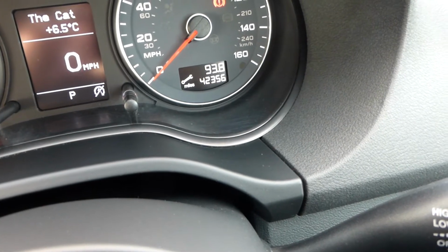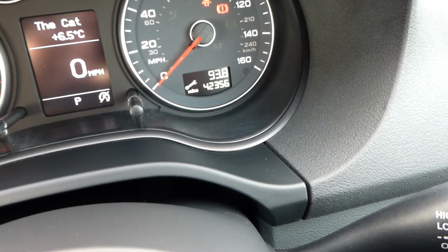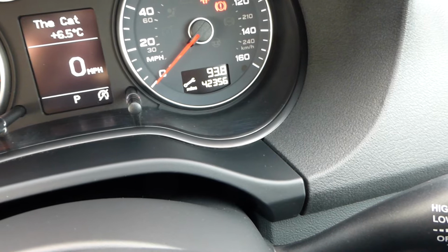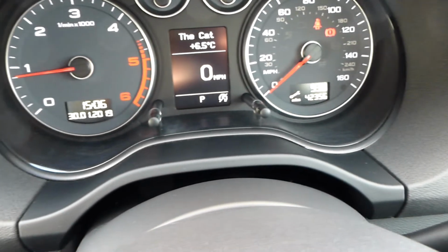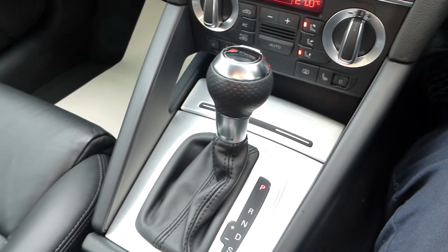42,356 miles, and the spanner you can see is because it's due a service, which we are going to carry out. We will be carrying out a service using all genuine Audi parts and oils. Tomorrow it's going in, and we'll also freshly MOT the car, and we will also PDI it on top of the MOT. So we will remove the wheels